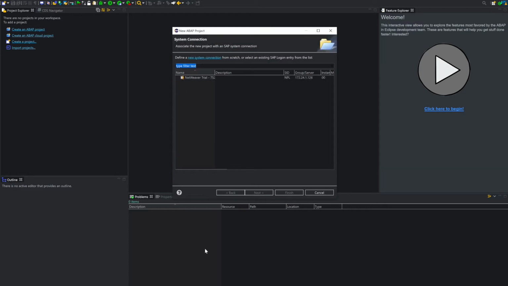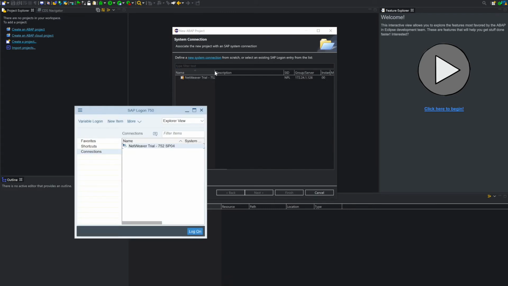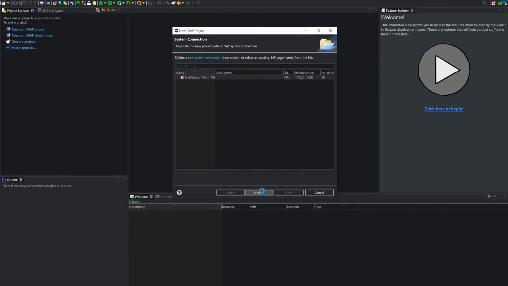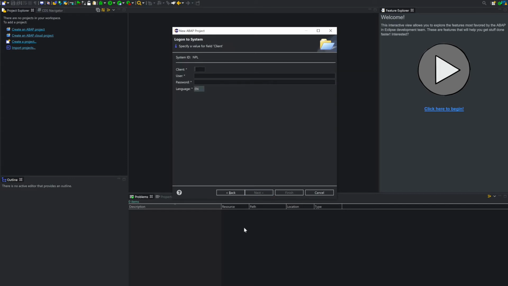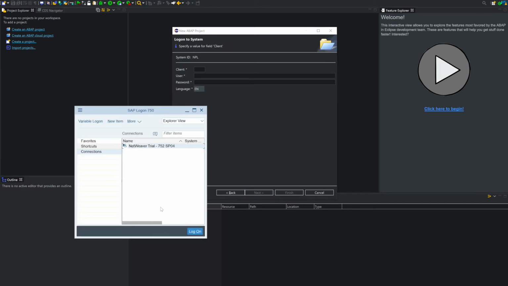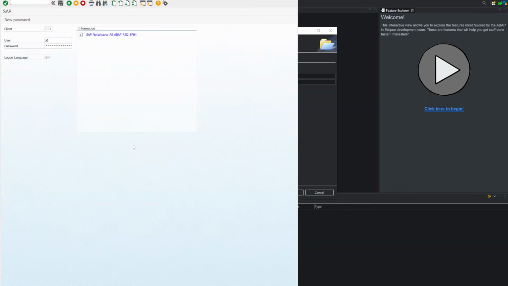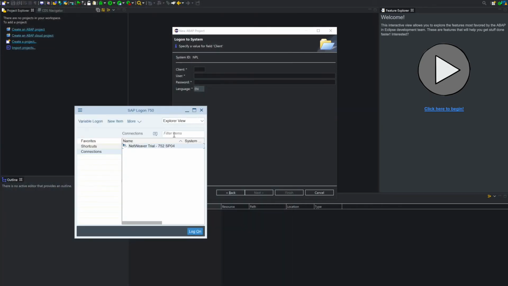By default, it will find my SAPGUI installation and find my NetWeaver trial, exactly the same. So I just have to select. Now, as usual, it asks me the IP, the instance number, the client. I don't know it. By default, it's client 1.